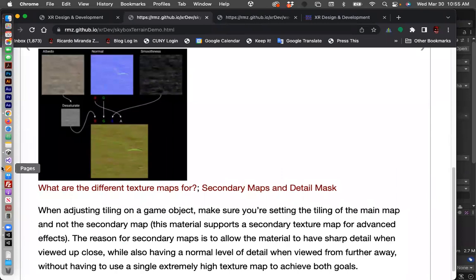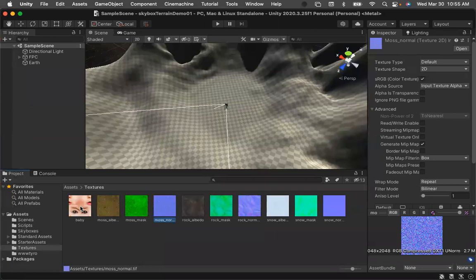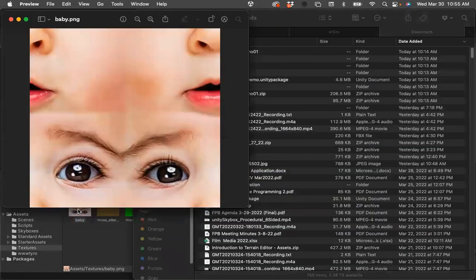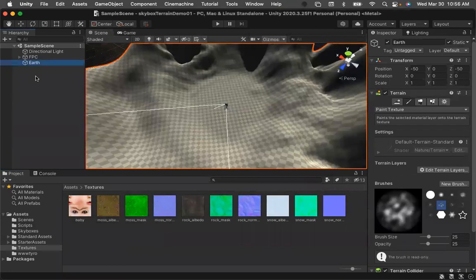So in those textures, there's this image, which I actually took from a baby photo. I just took the face and split the top and bottom and left and right in order to try to create a texture. I did that not just to create a weird looking image, but to show that really anything can be used as a texture. So in paint texture,